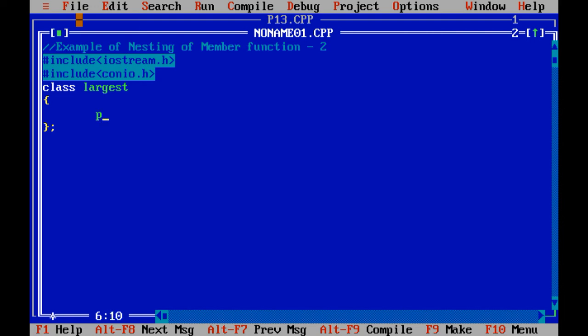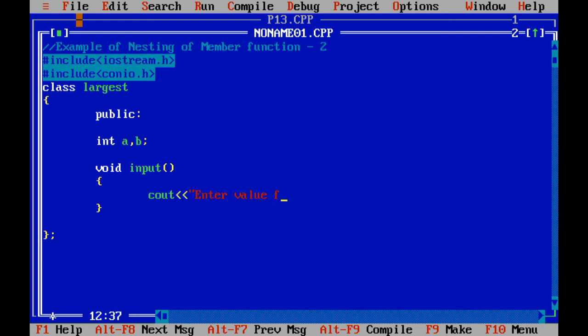So let me write the public keyword. Let me define 2 variables, integer a and b. I just want to write 3 different functions. Void input: in the input I need to input values of 2 variables.